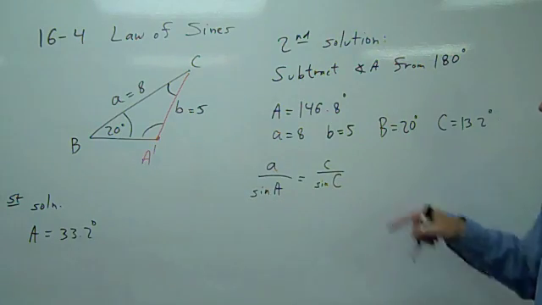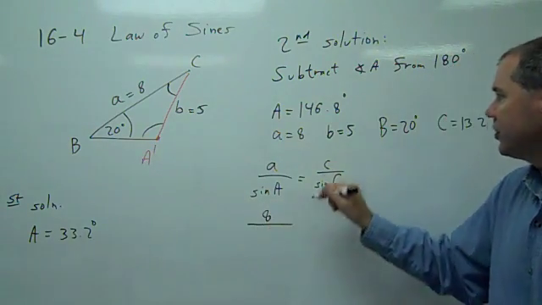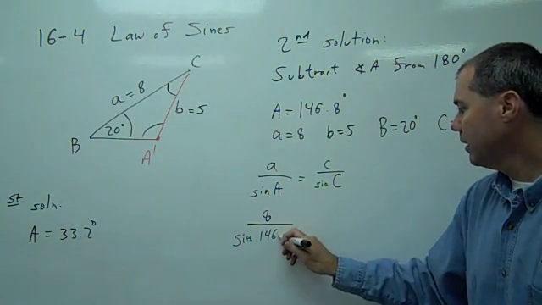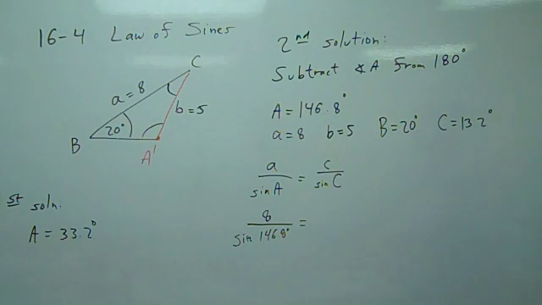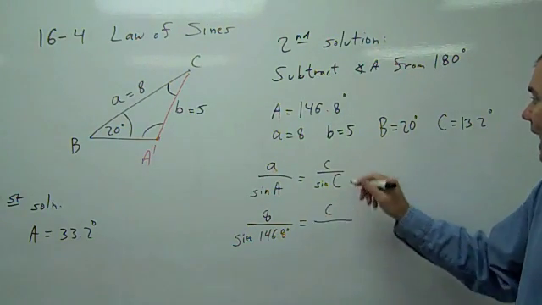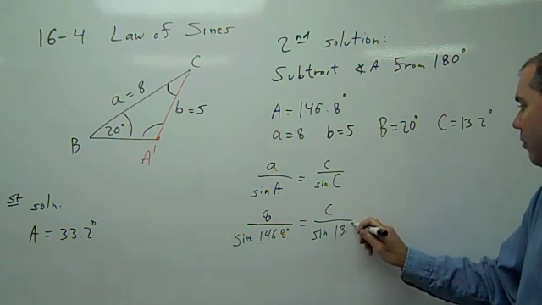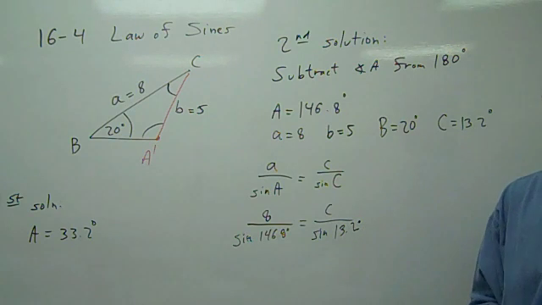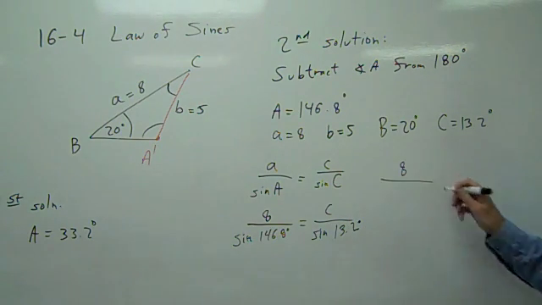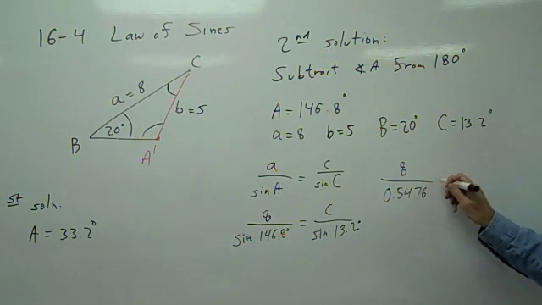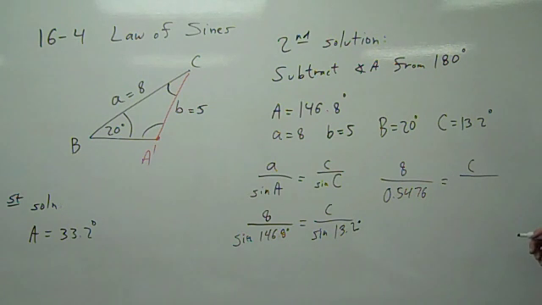Now we can use the law of sines. A is 8. Sine of angle A is sine of 146.8. Side C, we don't know, and angle C is sine of 13.2 degrees. Let's work these out. So we have 8 over 0.5476 equals C over 0.2284. Solving this proportion for C, you